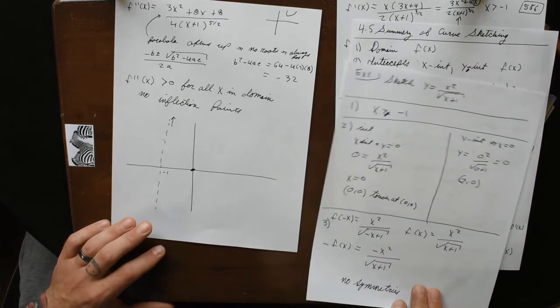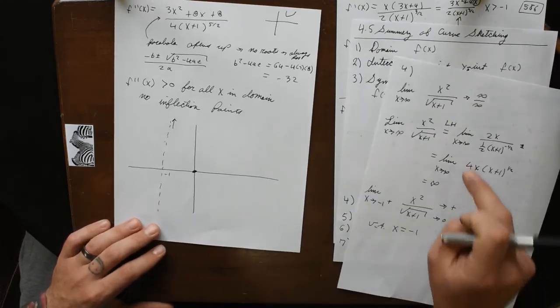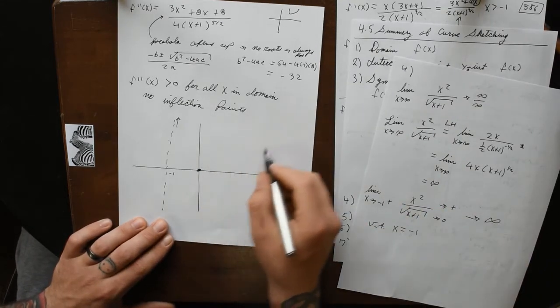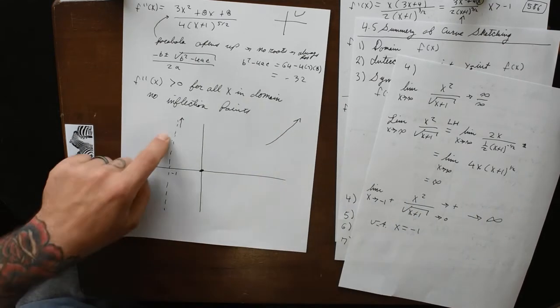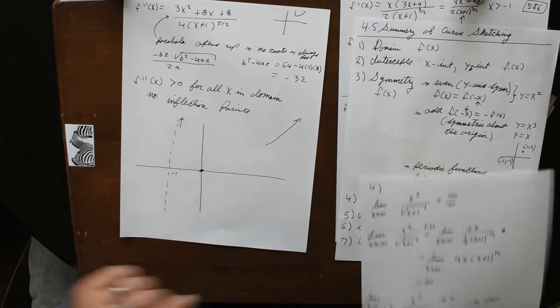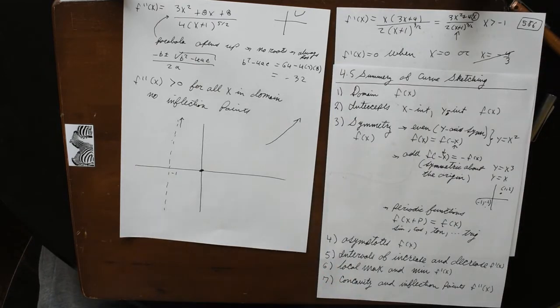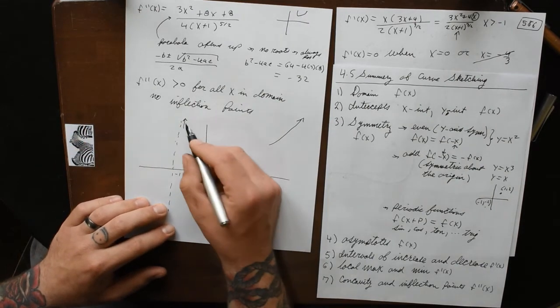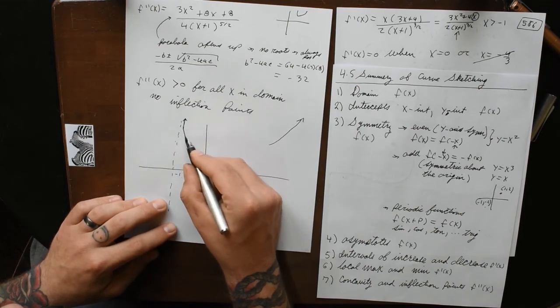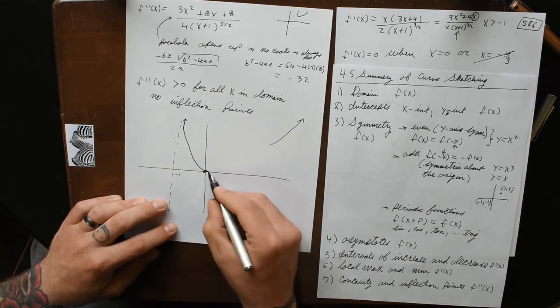We're not symmetric. We go off to positive infinity, so something like that over there. We have this asymptote. 5 and 6 are intervals of increase and decrease. We know that we are decreasing all through this area, and we're increasing